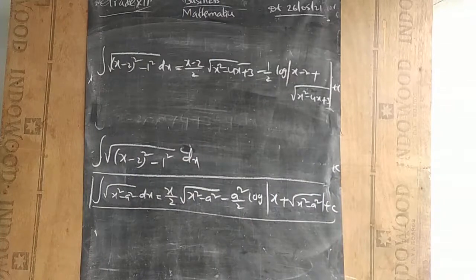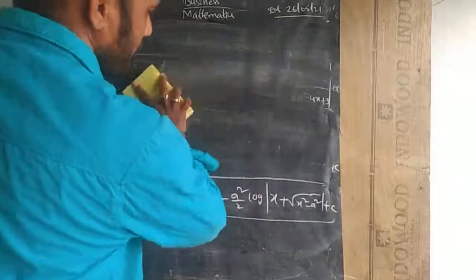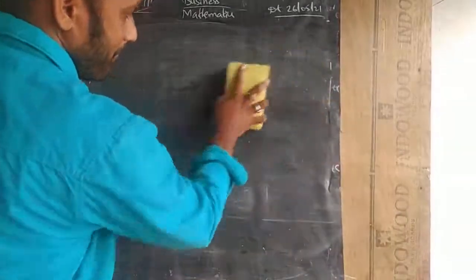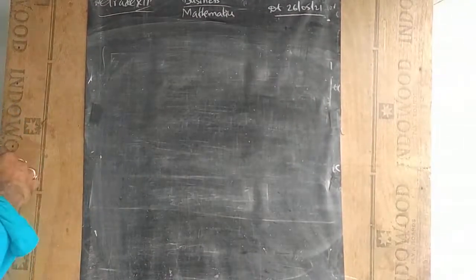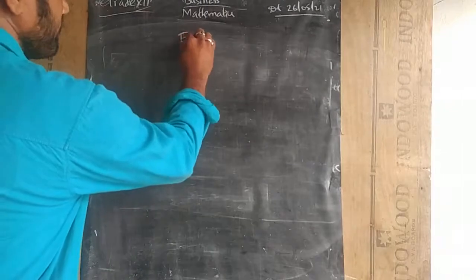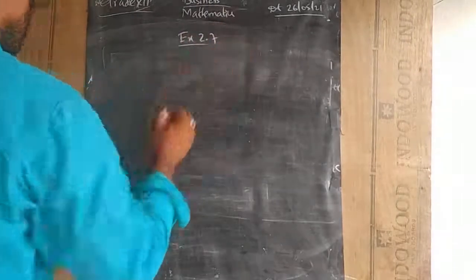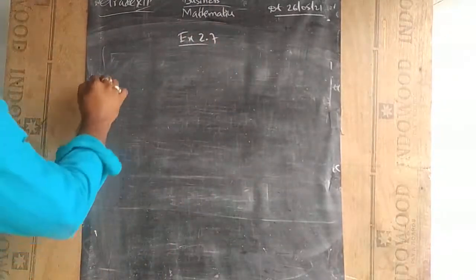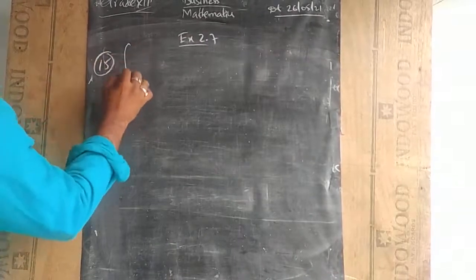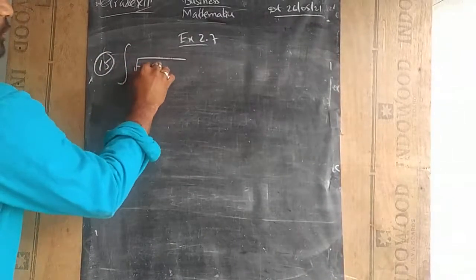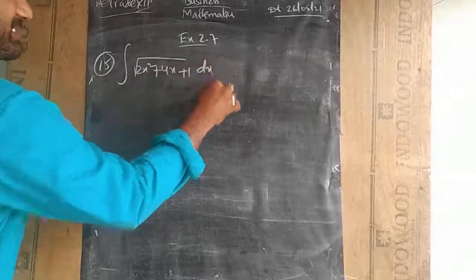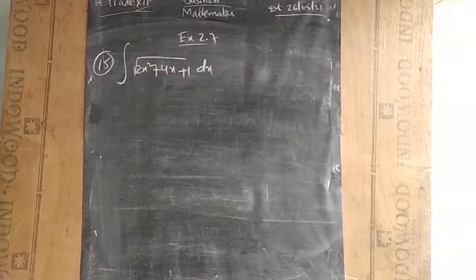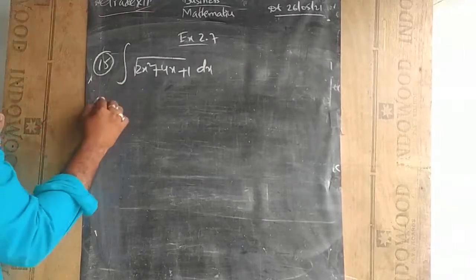Now let us see some exercise questions. Exercise 2.7. So 15th question we will see first. Integral root of 2x square plus 4x plus 1 dx. So how to solve this? Answer: